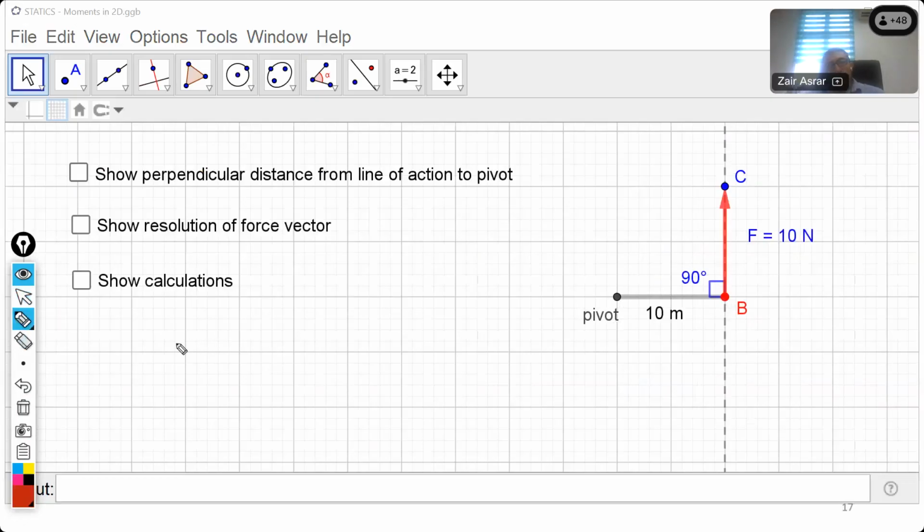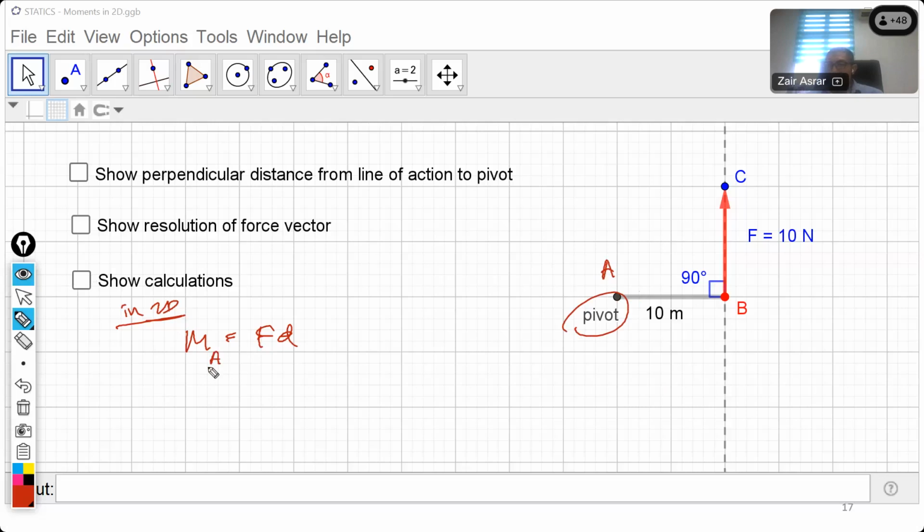I've mentioned earlier our moment equation in 2D. In 2D, moment is equal to force times distance. Very simple equation. Let me be more precise with you. Moment is point dependent. When I say moment is point dependent, it means that the value will depend on the location of the point that you take this moment on. For example, in this case we are looking at this pivot point. Let's say I give it a name, point A. So the moment will be the moment at point A.